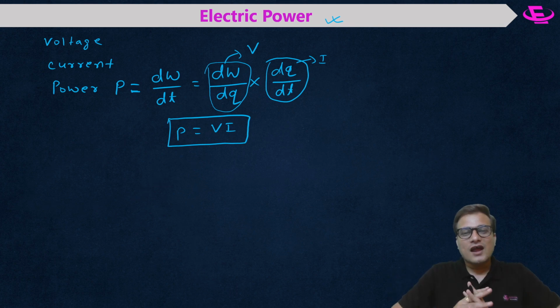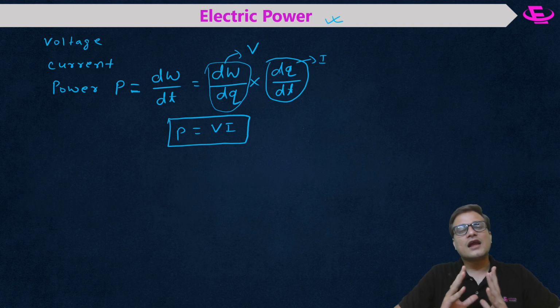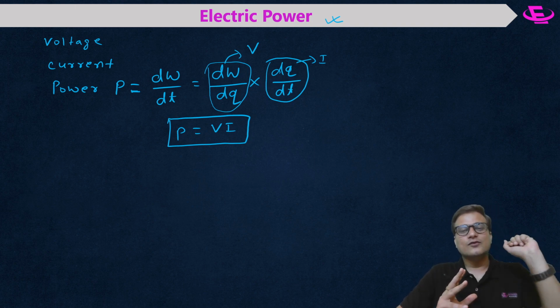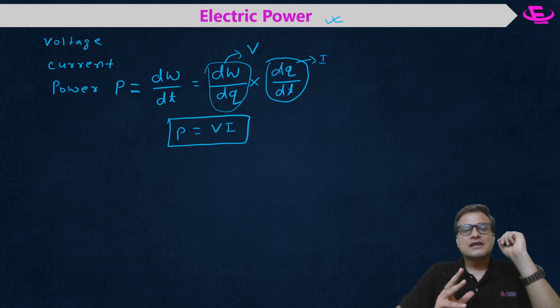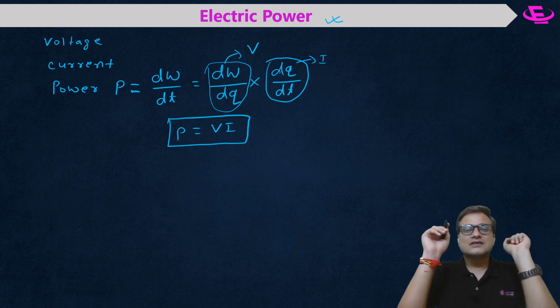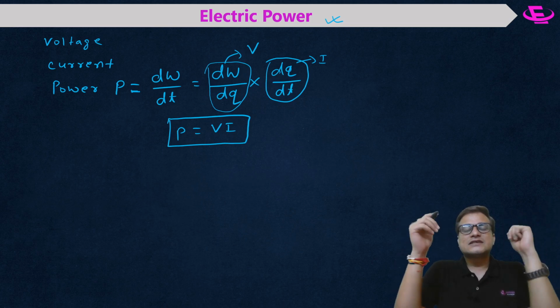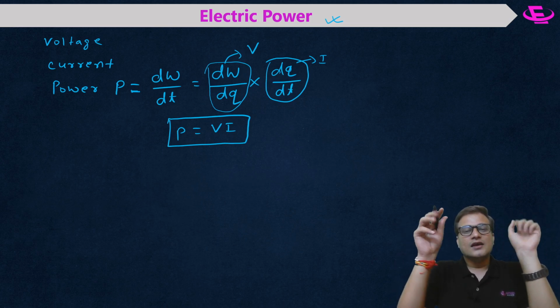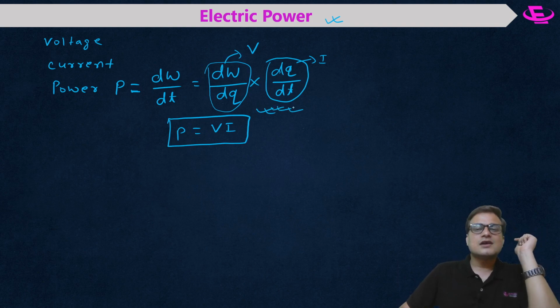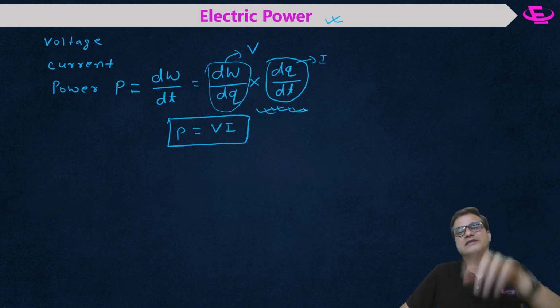If you get a good rank in the GATE exam, the engineering services exam, or the JEE exam, and in the interview somebody asks you for the expression of power, you will say, sir, power equals V into I. So now they will ask you from where this expression has been derived, V into I. So what will you say? If you answer them like this, then you will get good marks. Otherwise they will think that you don't have the conceptual knowledge.